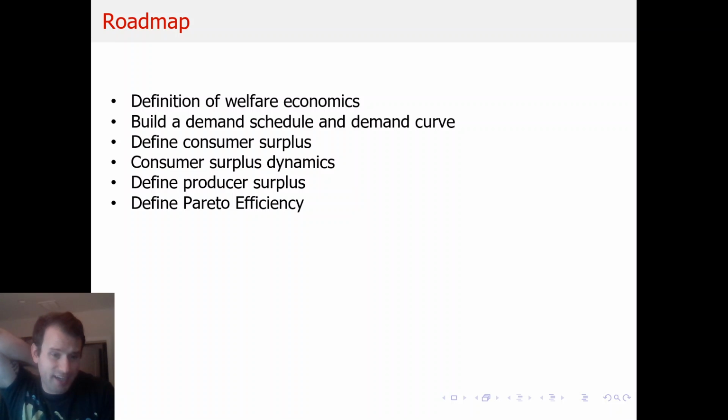And then I'm going to define a kind of separate measure within welfare economics called Pareto efficiency. And the underlying definition of Pareto efficiency is that something's Pareto efficient if I can't make someone else better off unless I have to take from, let's say there's 2 people, I can't make person 2 better off unless I have to take away from person 1, okay? So you're Pareto efficient if, in order to make somebody else better off, you have to take from one other person, okay? So you can't make somebody better off without making someone worse off. So I define that, and I go through a couple examples of Pareto efficiency and why it's important in the real world. I'll eventually build up to